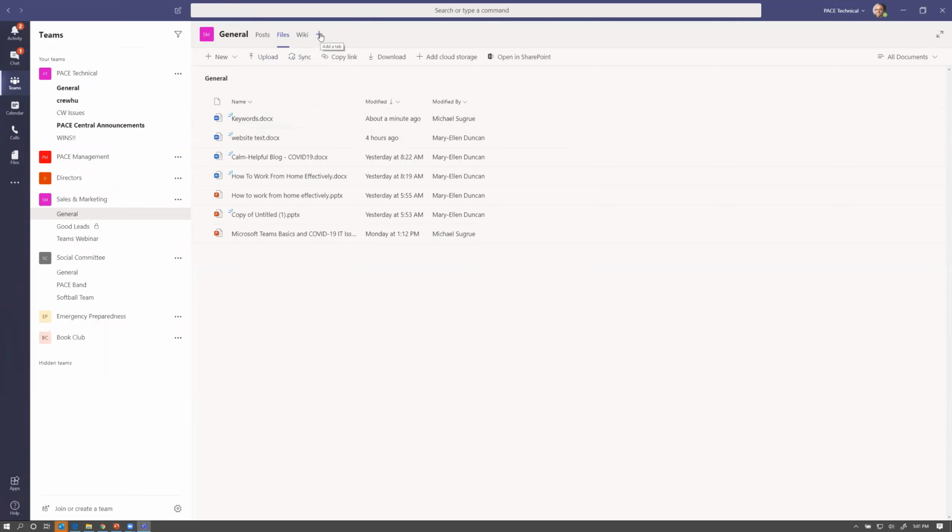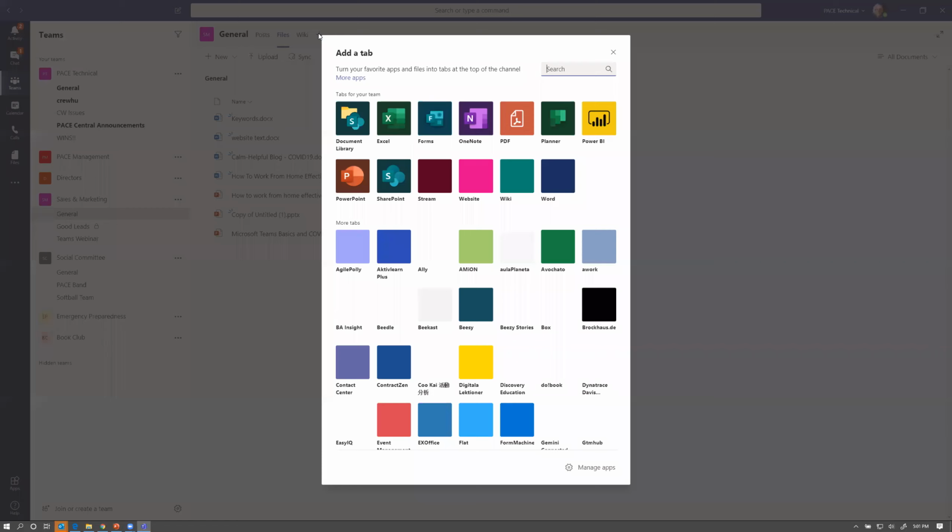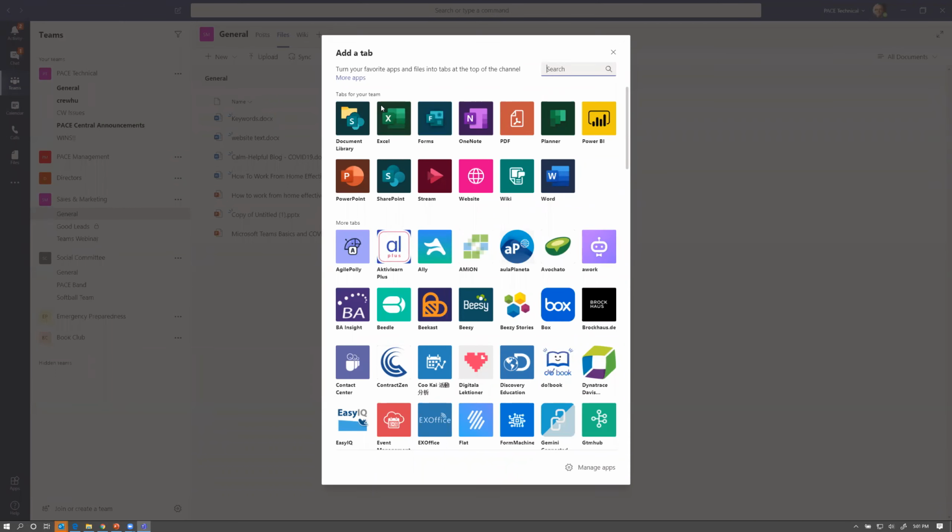What you can do is, you'll see up here, there's a little plus sign to add a tab. So I can click this plus sign, and there are lots of different tabs that you can add. It doesn't necessarily have to be a document. You can add a whole document library from your SharePoint if you wanted to. There are other apps that you can add in. You can add in Power BI to add graphs and reporting and things like that.